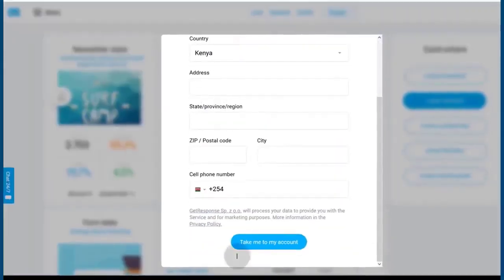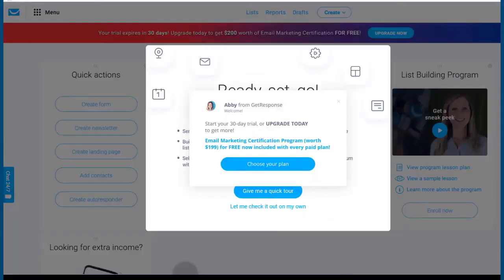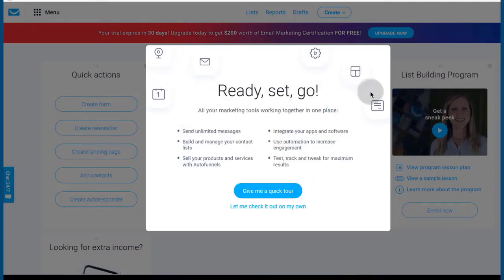So go ahead and fill in all these details, and once you're done, just click on take me to my account. So fill in all this information and click on take me to my account. So if you want to upgrade now, you can go ahead and upgrade your plan right now, but you don't want to do that, so I'll just close that. And you can take a tour